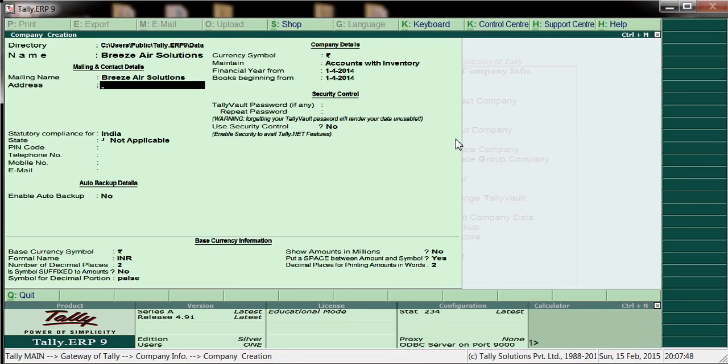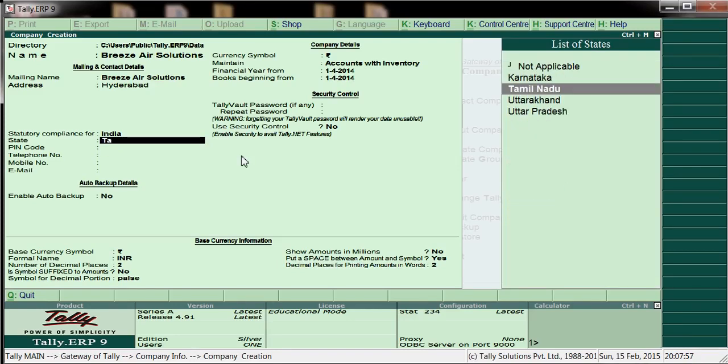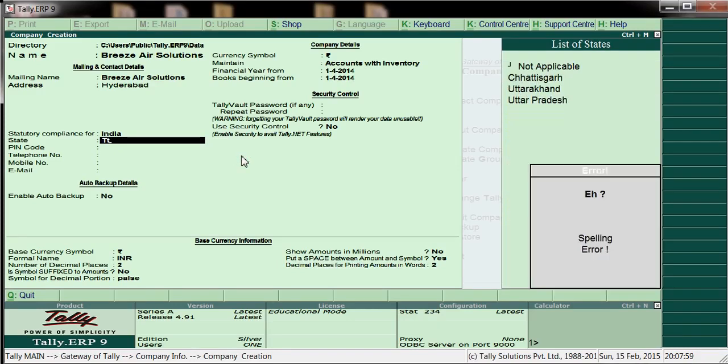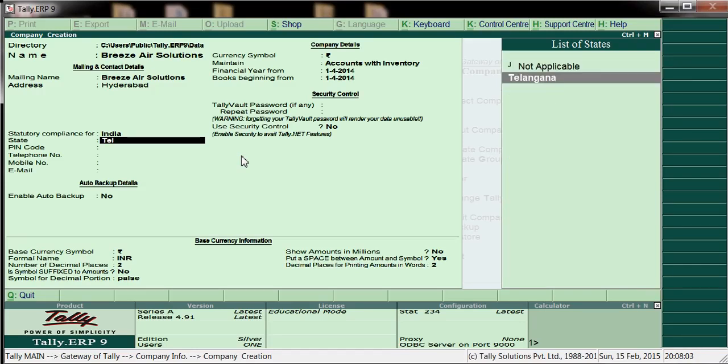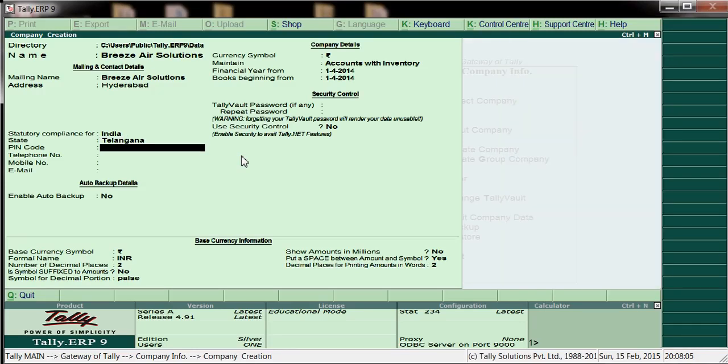Address Hyderabad, and pin code, state, we'll get all. Telangana, and here pin code 500081. So we can fill all the necessary fields.